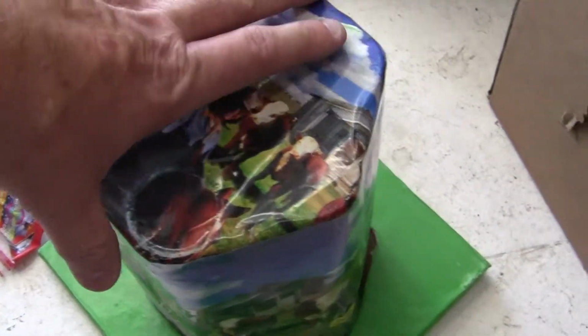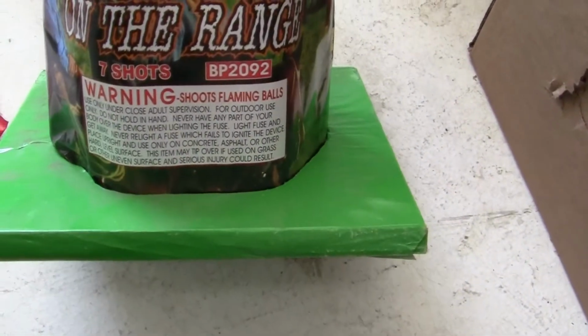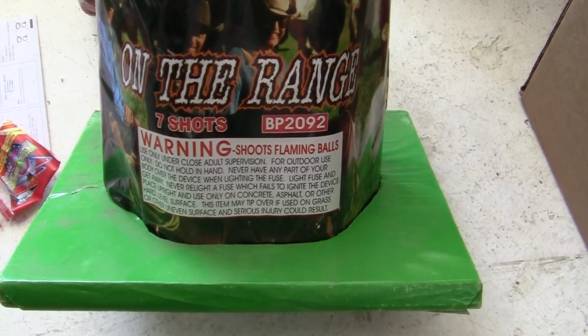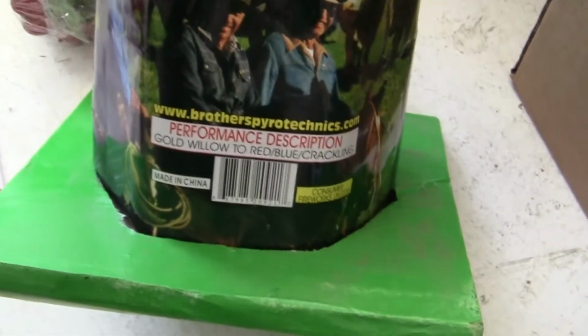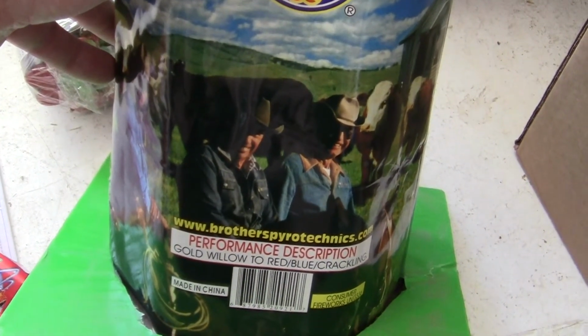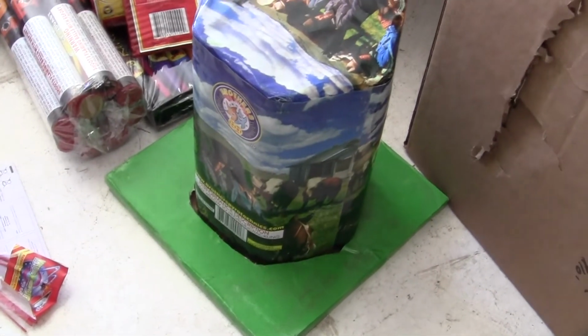Okay, this is one big one. Let me see how big it is. Let's see if we can get a weight on that. I don't have a weight on it, but you see it's made in China, but it's got all these American people on it, which is kind of weird. Anyway, that's my haul for, oh wait, I got some